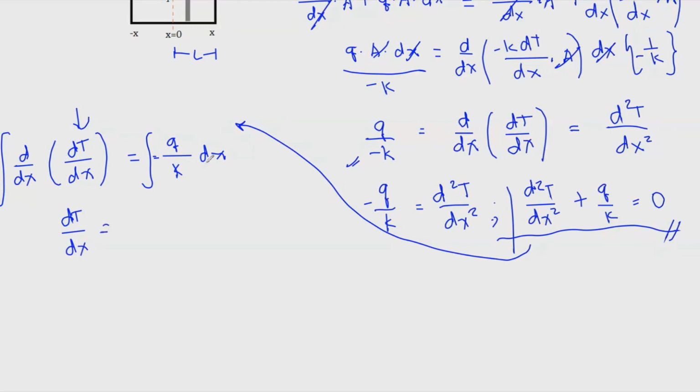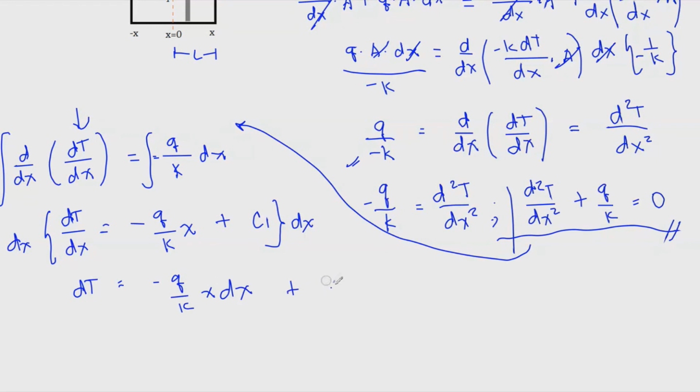So in this case, I have dt over dx. This is equal to the integral of this one is simply we'll just add x here since these are just almost constants. So we have negative q over k and then x. Then we will be adding a certain constant. Let's call it constant 1, c1. Now since we're not yet done and this expression is actually separable already, so we'll be multiplying both sides with dx. So now we're left with dt is equal to negative q over k x dx plus c1